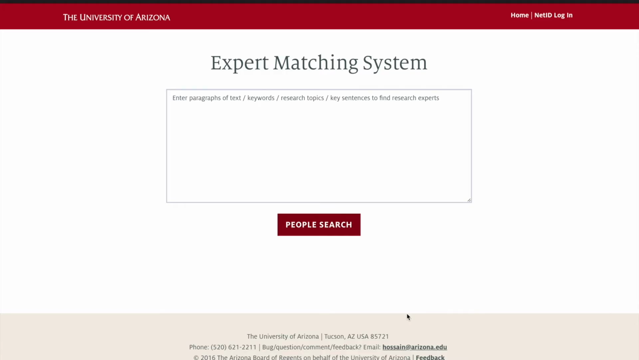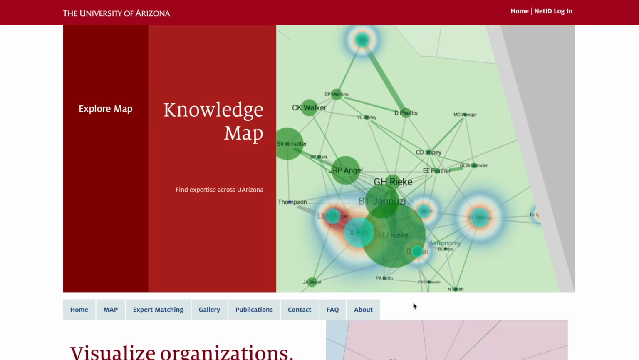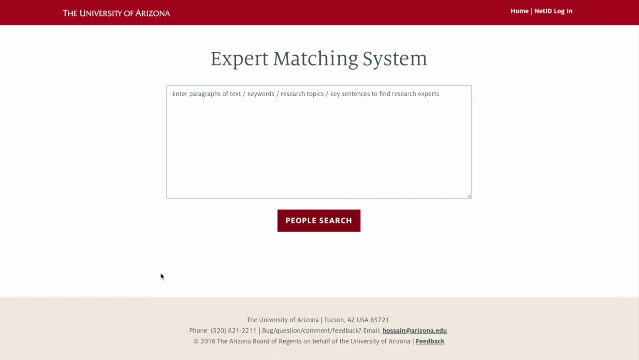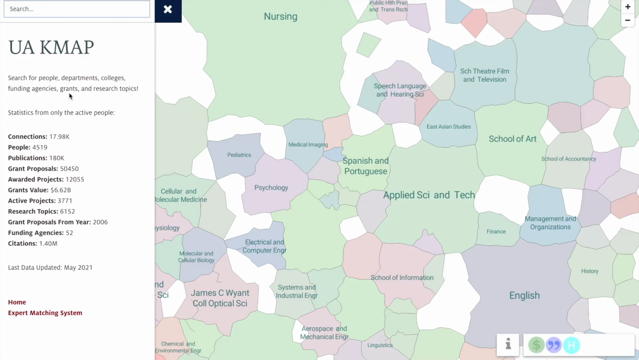The purpose of the expert matching system is to direct you to experts whose work and interests match your search. This tool can be used to find experts interested in being part of a project, conference, or team. To access the expert matching system, either click on the expert matching page on the Knowledge Map homepage or from